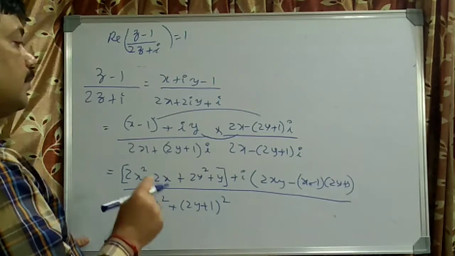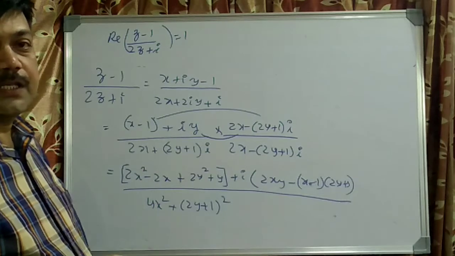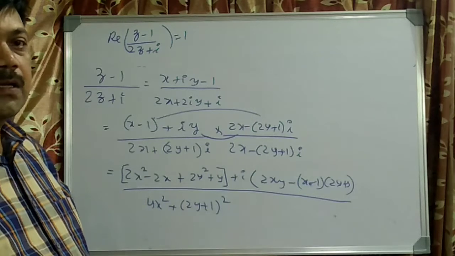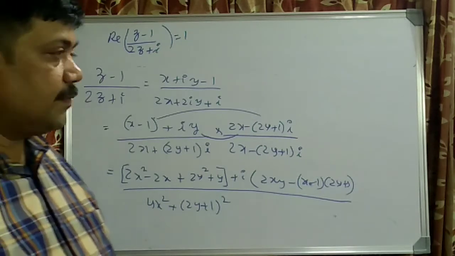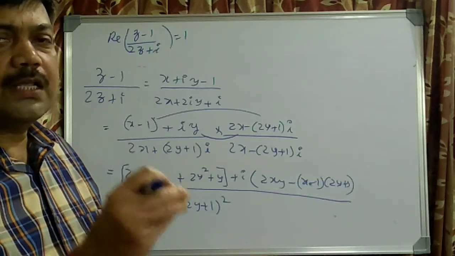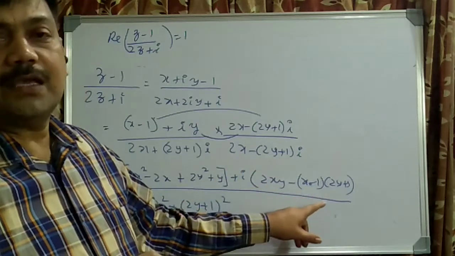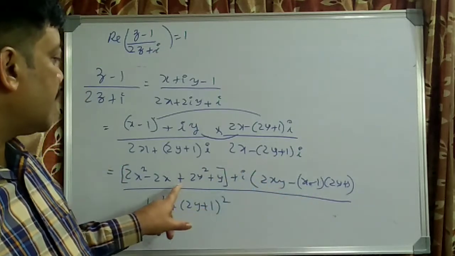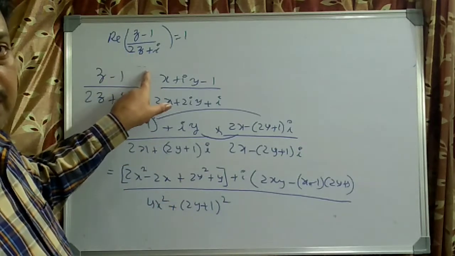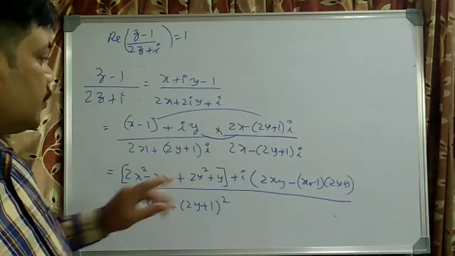Okay. Now we are doing only the part what is needed here. So remember this part in the mains examination, in any competitive examination, when we have time restricted examination, we are supposed to do only that part which is asked in the examination. We are not considering the imaginary part here. We are concentrating only on the real part here. So according to the question, given that real part of this is 1, so real part should be 1.